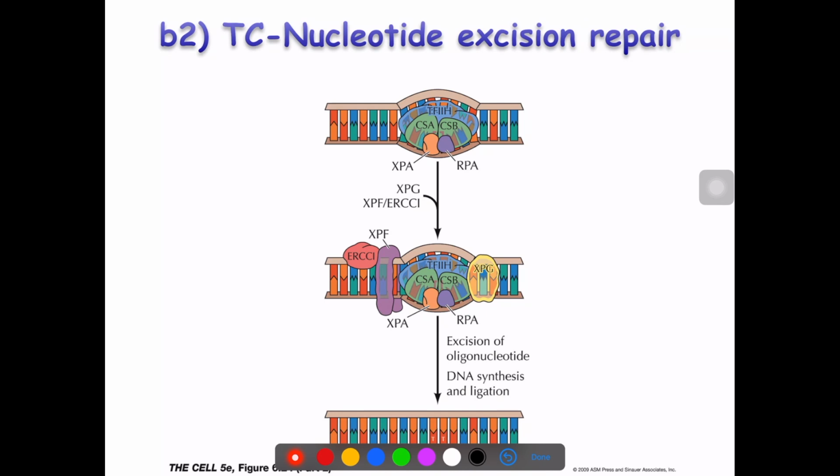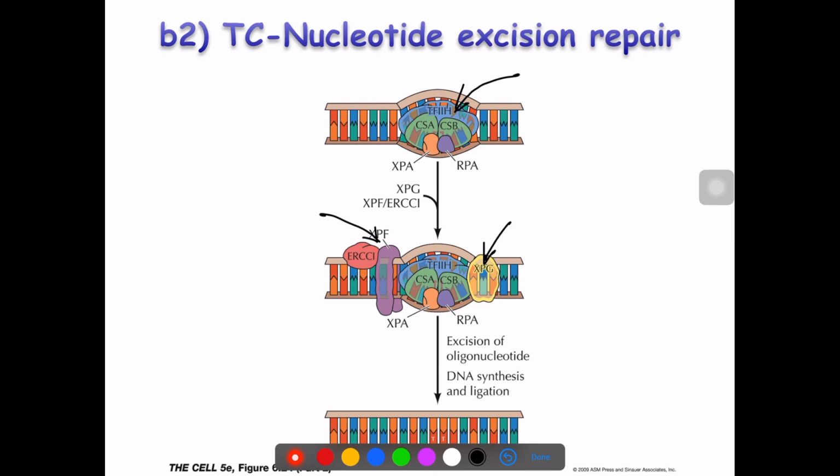Meaning, after you open the double-stranded molecule because of the helicase activity of xeroderma pigmentosum B and D, the next thing that needs to happen is RPA associates to the single-stranded DNA, keeping it in the single-stranded shape. Then you have the endonucleases being recruited, XPG and XPF, which cut upstream and downstream from the region where the DNA damage is located. That allows for the dislodging of the segment of DNA that contains the damage, leaving behind a gap that needs to be filled in by the polymerase activity of DNA pol,